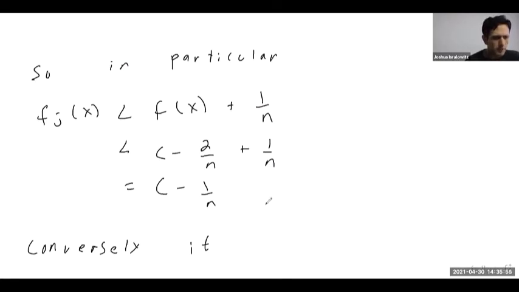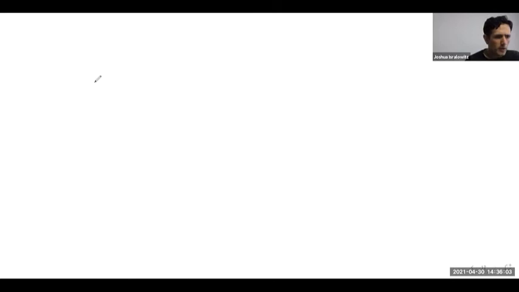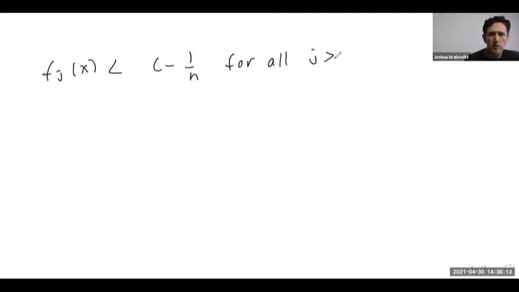So conversely, if there exist n and k where f_j(x) is less than c minus 1 over n for all j bigger or equal to k,